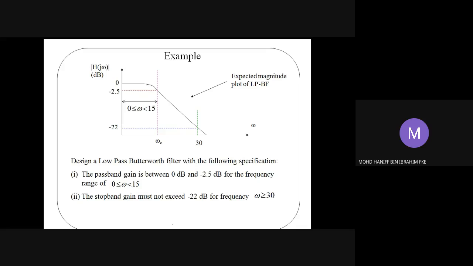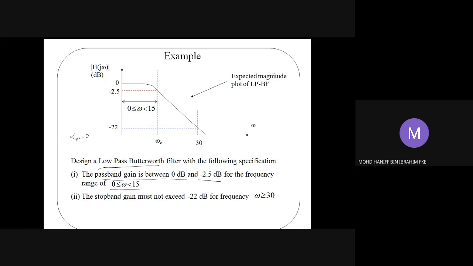Okay, we proceed with the next example, which will be the last example for today's lecture. This has been given in terms of the magnitude response. Again, we are referring to low pass type of Butterworth filter. You are given the specification of a low pass Butterworth filter. The passband gain is between 0 dB and negative 2.5 dB for the frequency range of omega from 0 to 15,